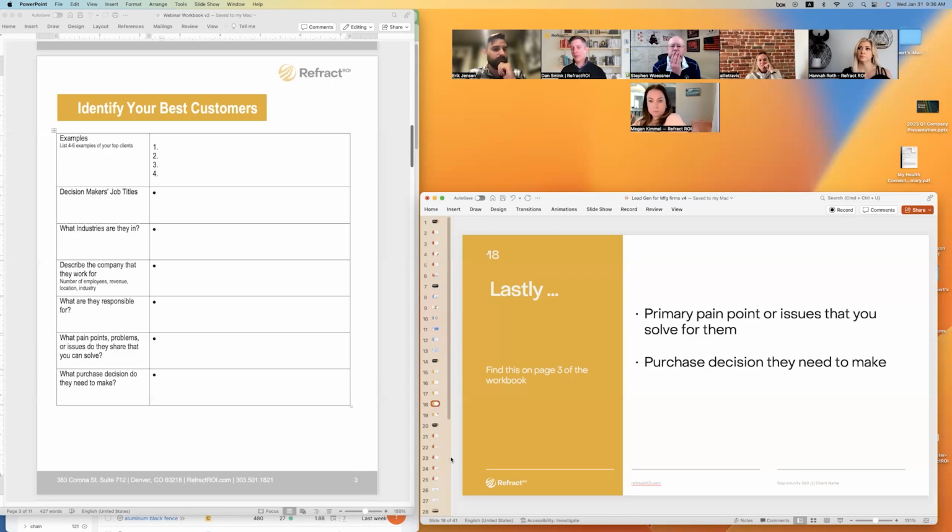So I would say that most of our clients are going to have pretty apparent pain points. We do, and we'll talk about this in another example when we talk about keywords. But a lot of times, the pain point that